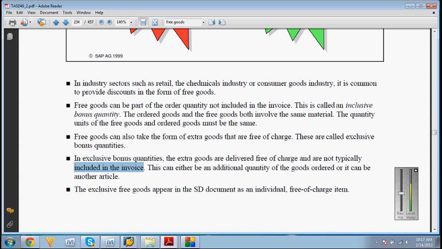Write this. So if I'm buying 5 motorcycles and I get a pump free, that is exclusive. That comes as an exclusive gift because I'm not giving him a 6th motorcycle. If I get a motorcycle, that is inclusive.